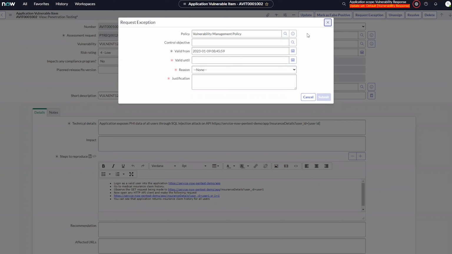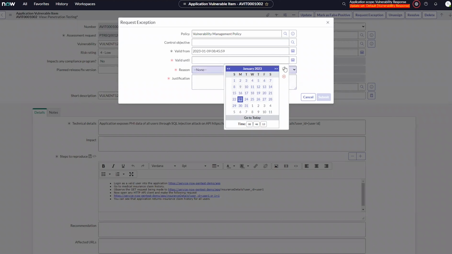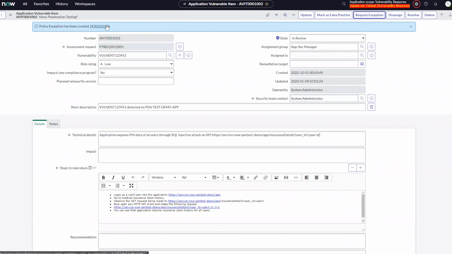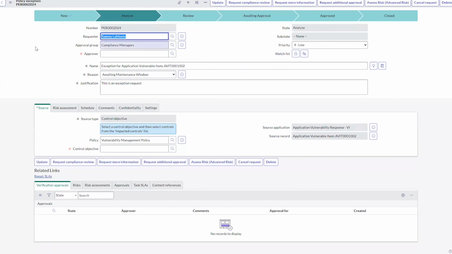We can see I automatically have my vulnerability management policy selected. I can pick a valid until date. I'll pick 2 weeks out for now. We can pick a reason, and we'll enter some justification. Go ahead and submit that. And we can now see a policy exception record has actually been created. If I click on that, we can see that my policy exception record now exists and has been assigned over to the compliance managers team